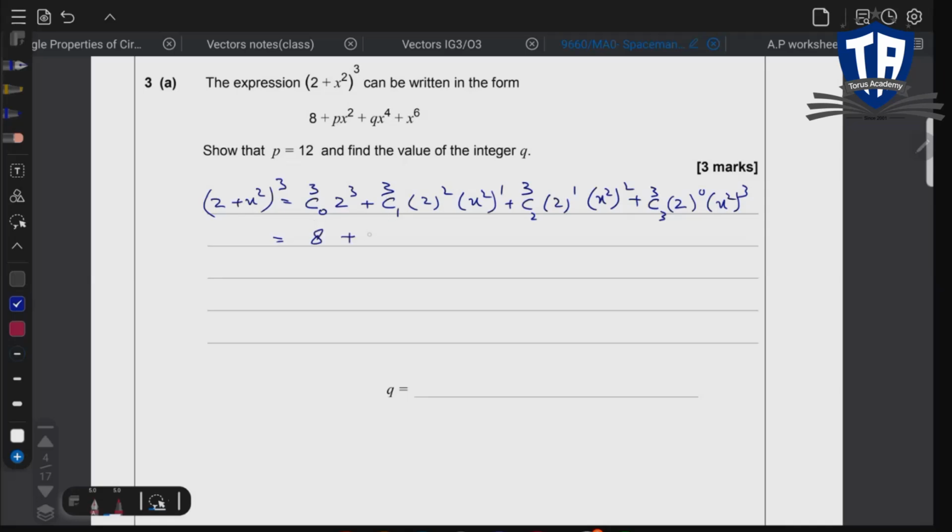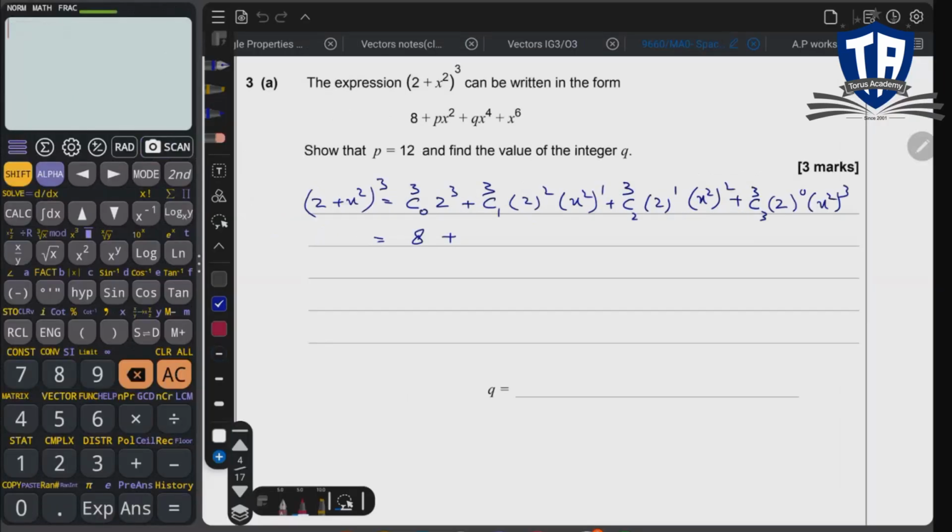Okay, let's do this calculation. On the calculator, you press 3, the shift button and the divide button. You can see that you have a combination on the screen and we are finding 3C1. So it is 3, 3 times x squared. If I change it to 3C2, it is also 3, multiplied by 2, and x power 4. And it is x power 6. Let's simplify,